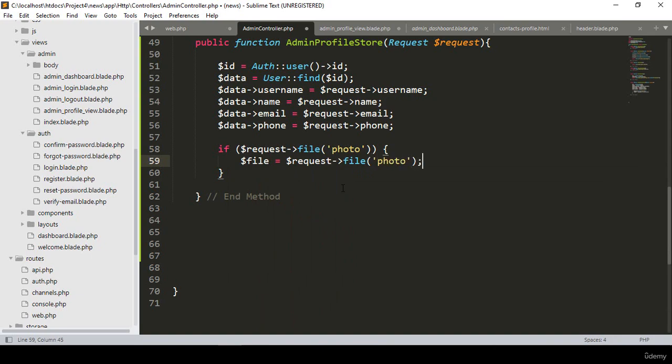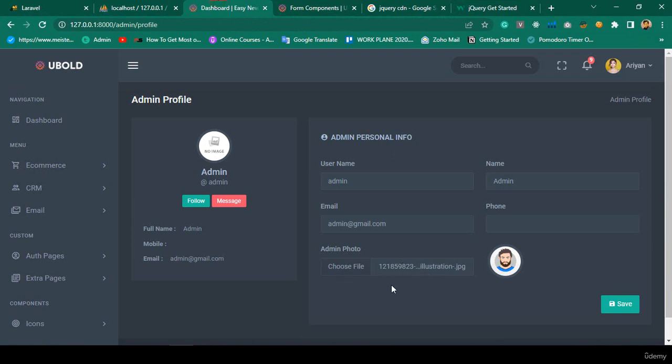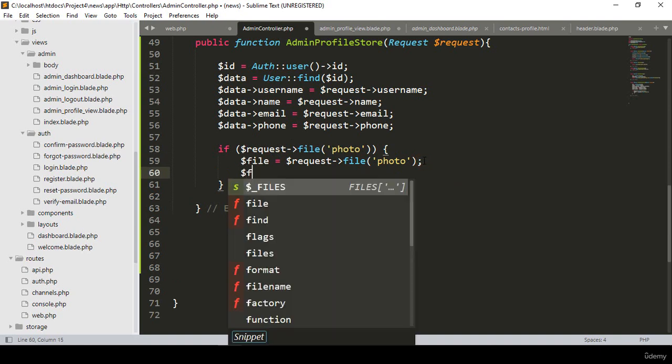Okay, so I simply get our requested photo, that means whatever image is selected. Here you can see there is one image I want to get. Great, I take it with this variable. So now, friend, when that is uploaded, it should create a specific, unique name. For that reason I take one variable, I just name it as a file